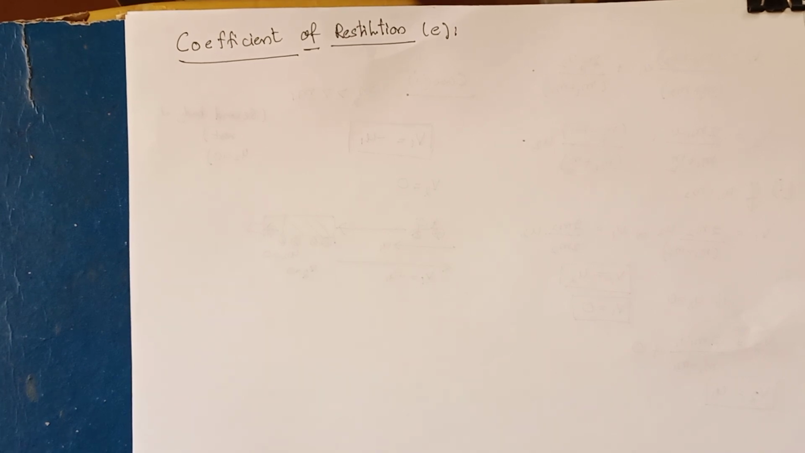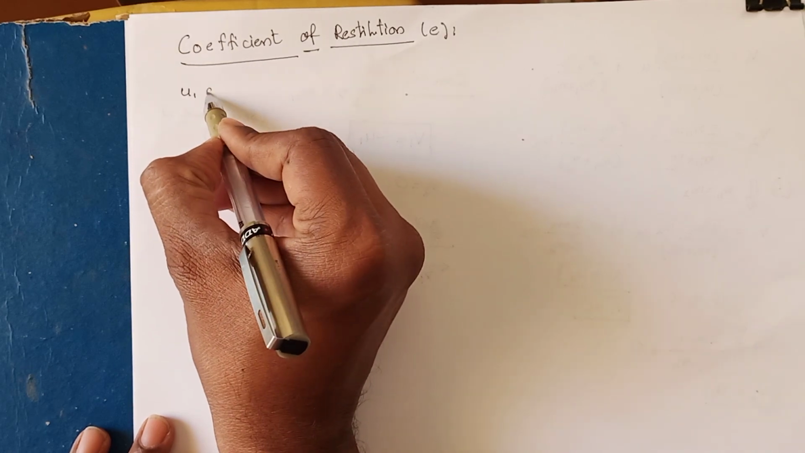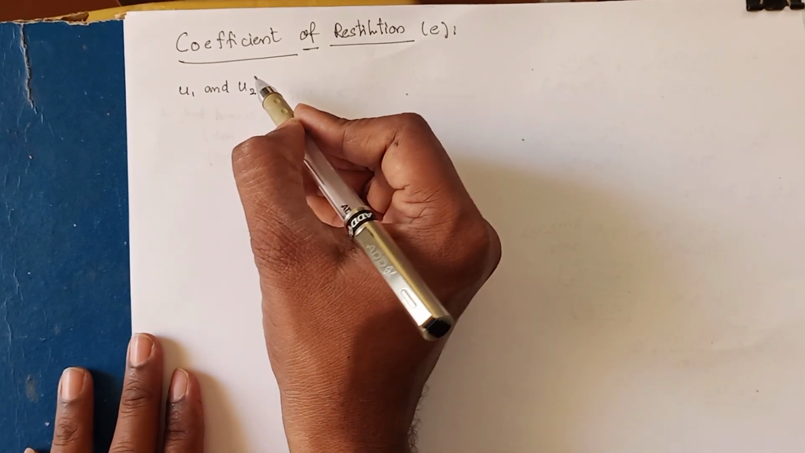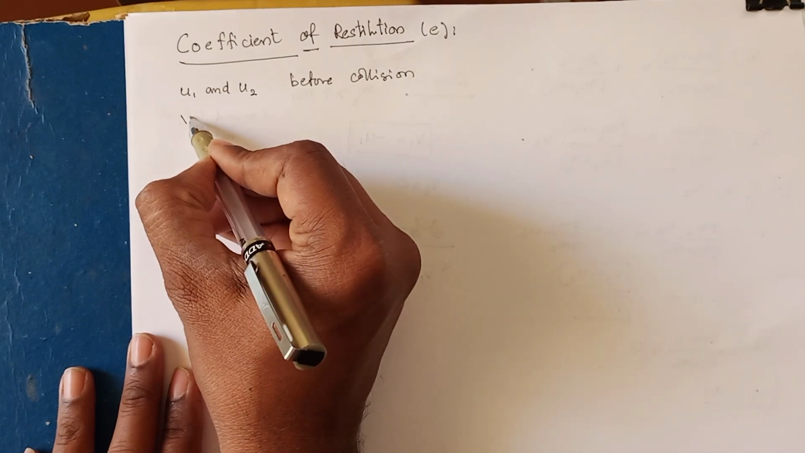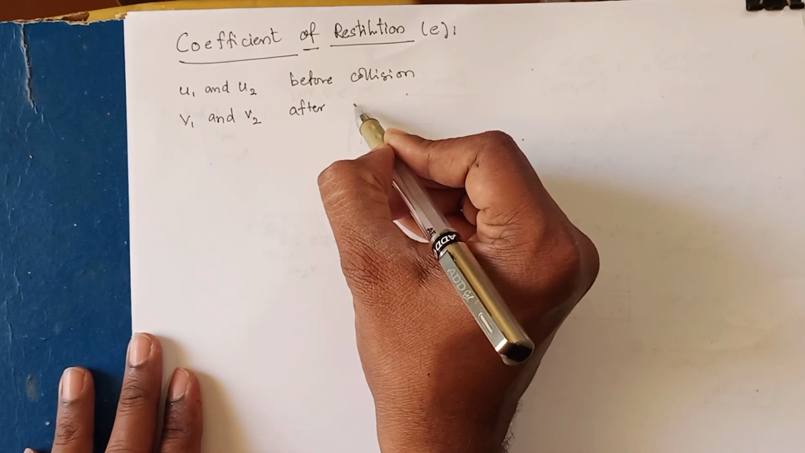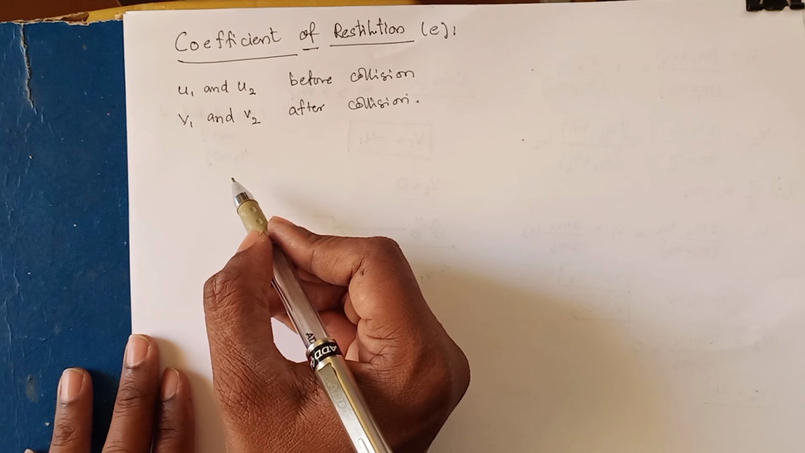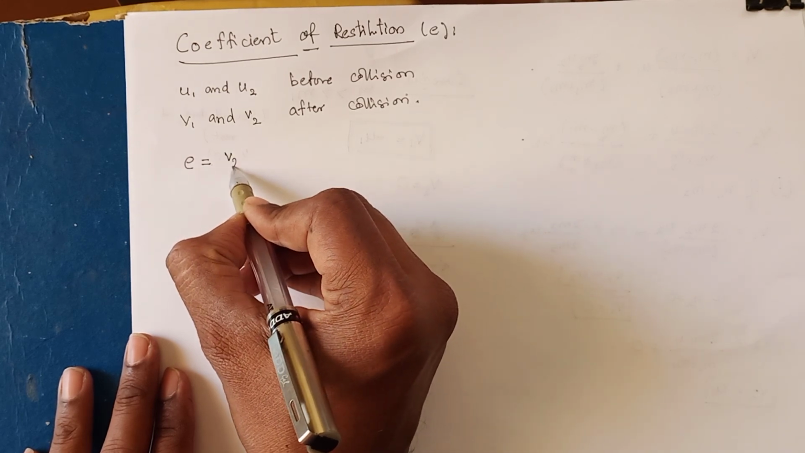Now, writing the expression of the coefficient of restitution and its definition. Let's say that u1 and u2 are the initial velocities of the bodies before collision, and v1 and v2 are the velocities of the two bodies after the collision. The coefficient of restitution is defined as the ratio of the relative velocity after collision of the two bodies